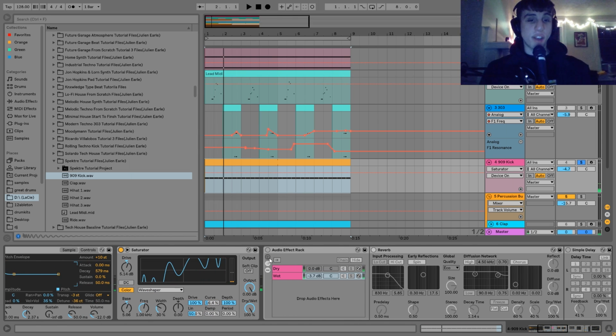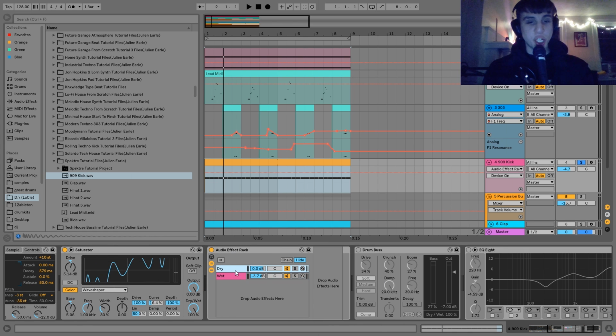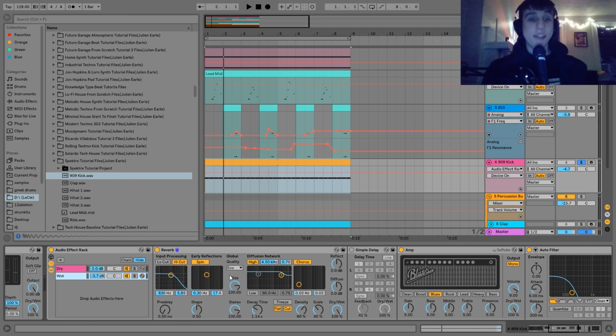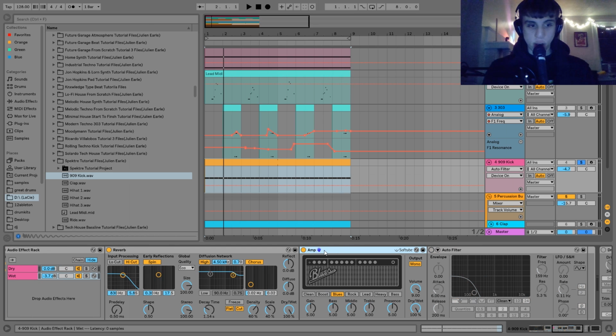So then the next thing that I have here is this audio effect rack, and this is doing the sort of standard techno rumble. You can see what we've got here is I have a dry chain and a wet chain. On the dry chain we've got nothing, and then on the wet chain I have got this. So I've got this reverb, which I'll just turn these on one by one so you can hear. So basically we have the reverb, 100% wet because this is the wet chain, and then that's going into this amp,